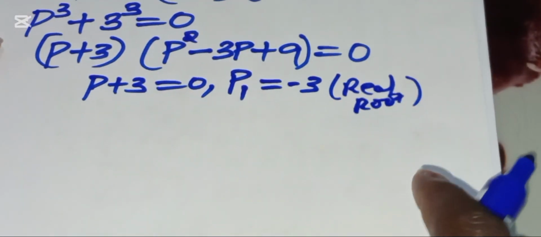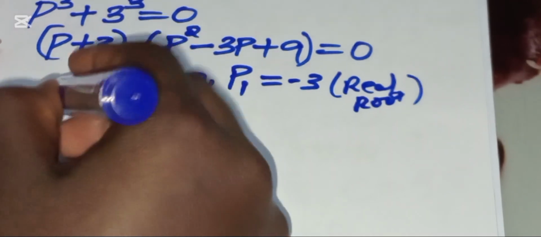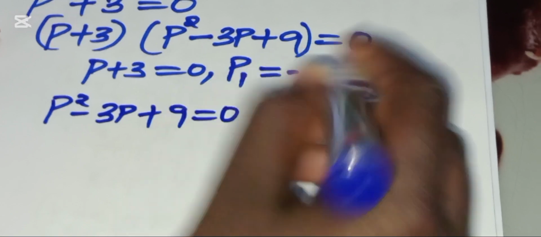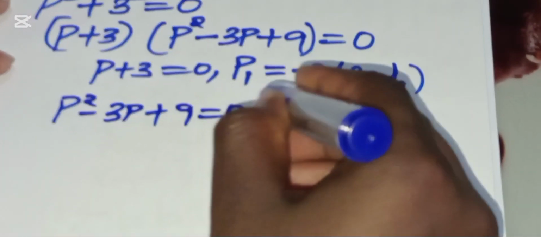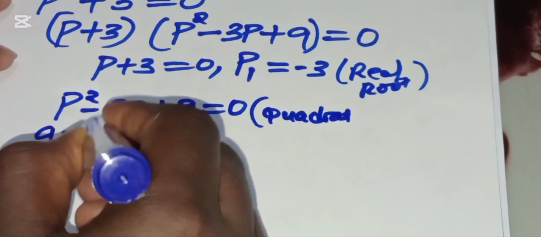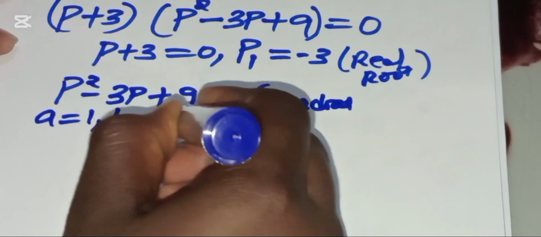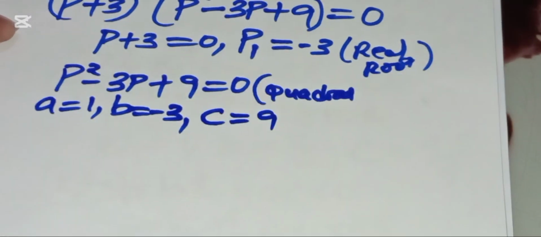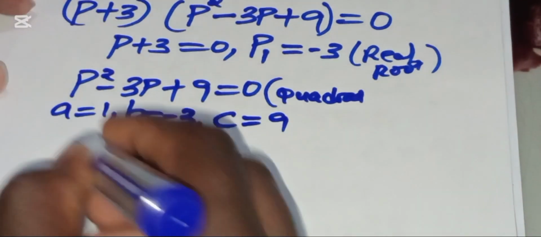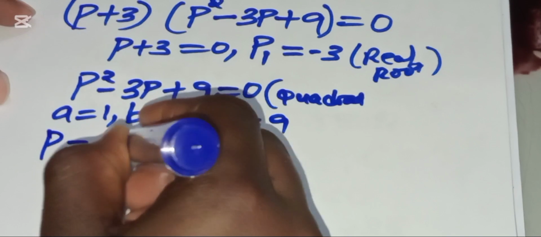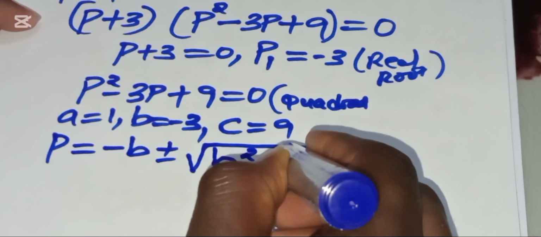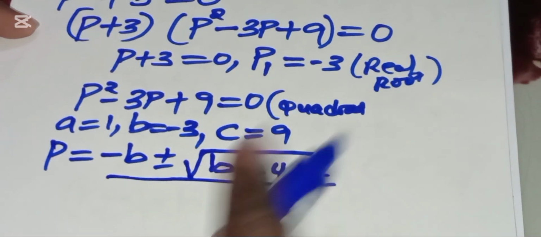Now we have the second part, which is in the bracket, which is p squared subtract 3p plus 9. This is equal to 0. Actually this is a quadratic equation with a equal to 1, b equal to negative 3, and c equal to 9. So let's apply the quadratic formula to solve for this quadratic equation. We're going to have p equal to negative b plus or minus the square root of b squared minus 4ac divided by